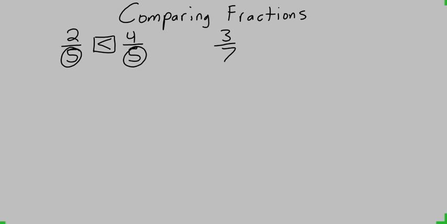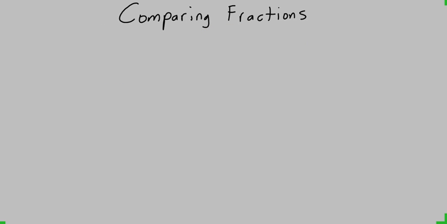Or if we get 3/7 compared to 1/7, once again, denominators are the same. So the pieces of each fraction are the exact same size. 3 is greater than 1, so 3/7 is greater than 1/7. Where the issue comes in is when the fractions have a different denominator. So, if we're given a question such as 1/2 compared to 4/10, if we look at it just from the fraction perspective, it's no longer as simple because